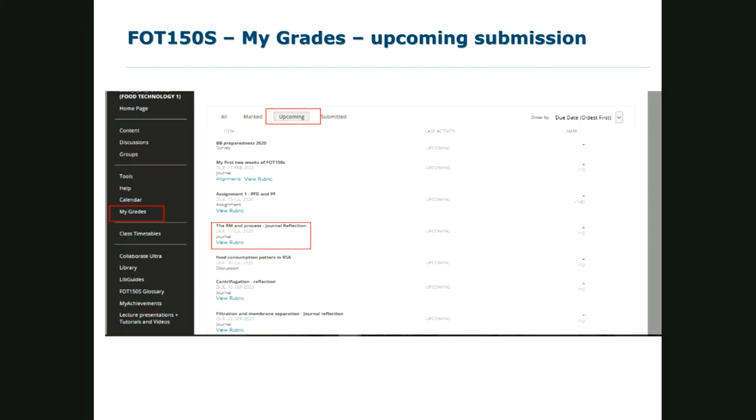There's a chat box at the bottom. Are you guys with us?